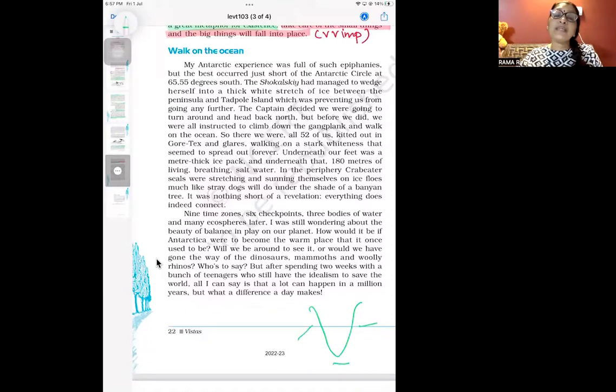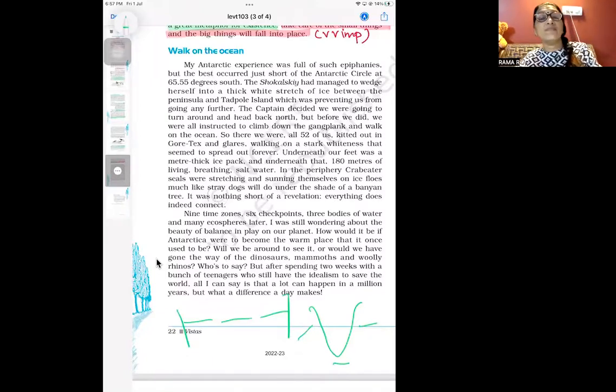So the captain decided we were going to turn around and head back north, but before we did, we were all instructed to climb down the gangplank. This is gangplank. And walk on the ocean. यहाँ पर ocean is not water. Here it is ice. अब वो लोग आगे नहीं जा पा रहे थे, तो वहीं पर वो लोग जो है